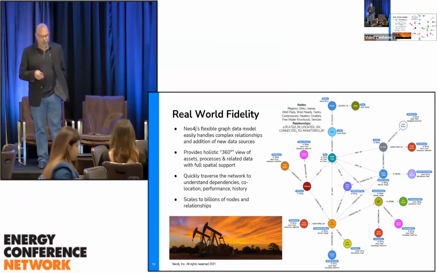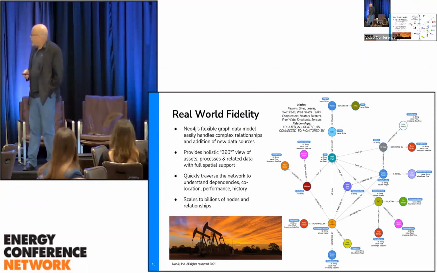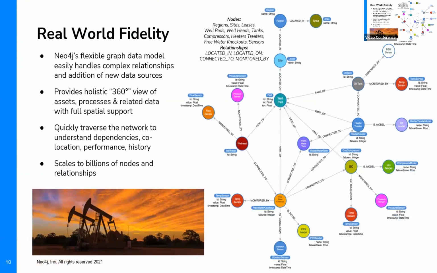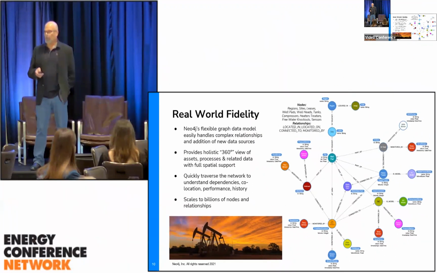And so here's an example of a graph built around a well pad. And the turquoise dot right there in the middle is the well pad. And you can see here that we have a number of different assets, including things like the wellhead itself, free water knockout, water tank, heater treaters, oil tanks, the compressor. Each one of those has one or more sensors hanging off of it. And so what this graph gives you is essentially a very accurate and flexible way of representing every single instance